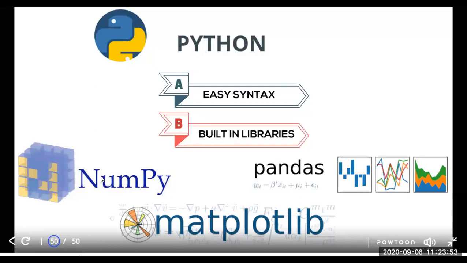Guys, 100% there is a future when it comes to machine learning, artificial intelligence, and data science. In order to learn those things, you cannot simply say, I will learn data science, I will learn machine learning. No, no, no. First of all, you should get clarity about the languages. I have already told you, Python is used. Python will be used. That is the reason right now, first try to learn Python.